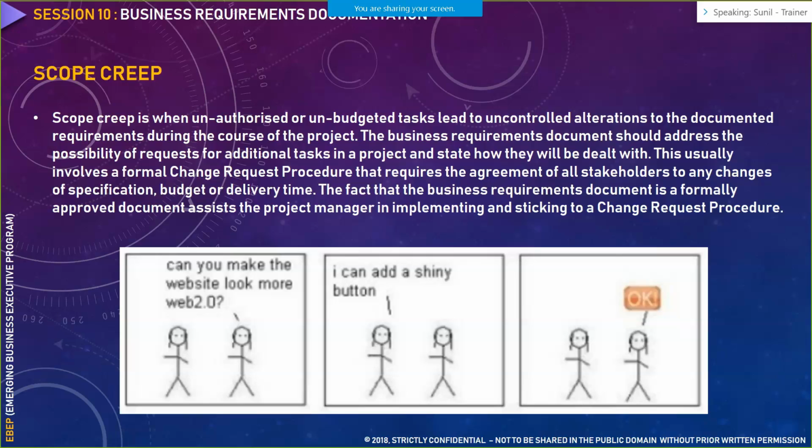Now, an important reason why scope creep happens is because of this category of requirement. The requirements are ambiguous in nature. So as a business analyst, defining a scope is one thing, but you have to write clear and concise requirements, because one requirement can create multiple other requirements. So you have to be very careful when you are writing the requirement. It should essentially adhere to the scope. It shouldn't be something that is out of scope. For example, in our case, it should look more like web 2.0.